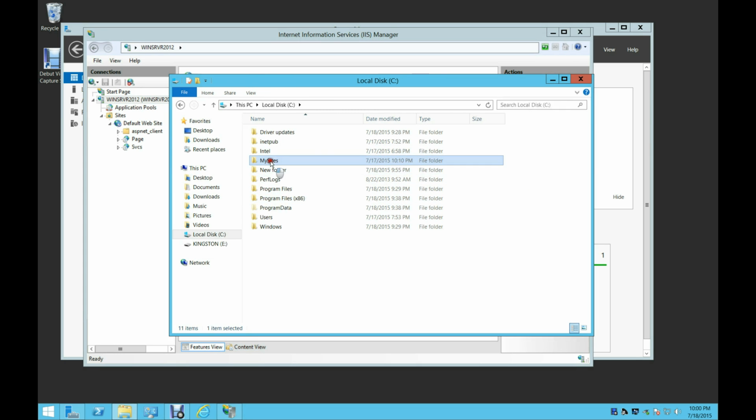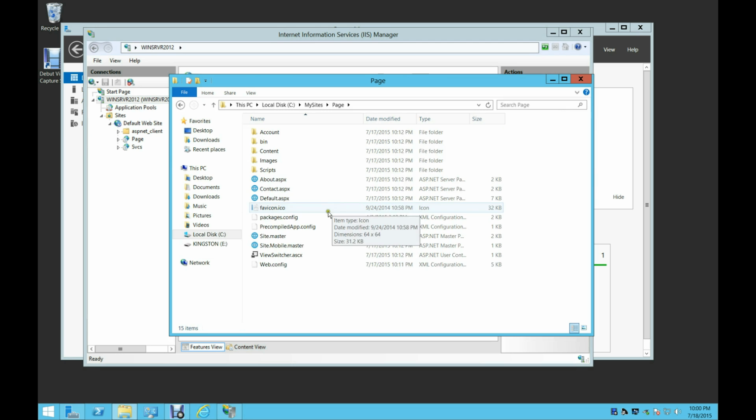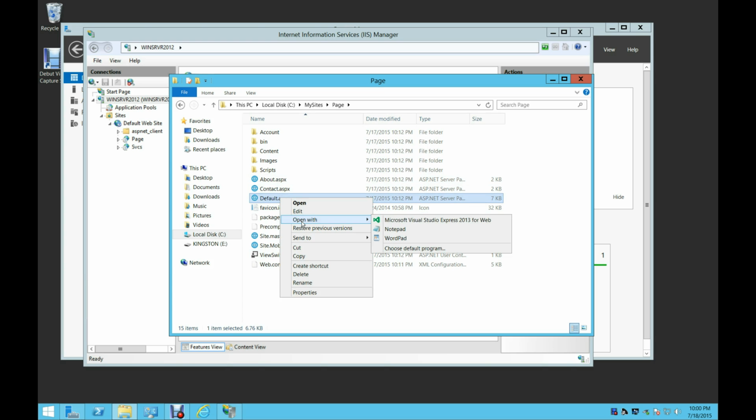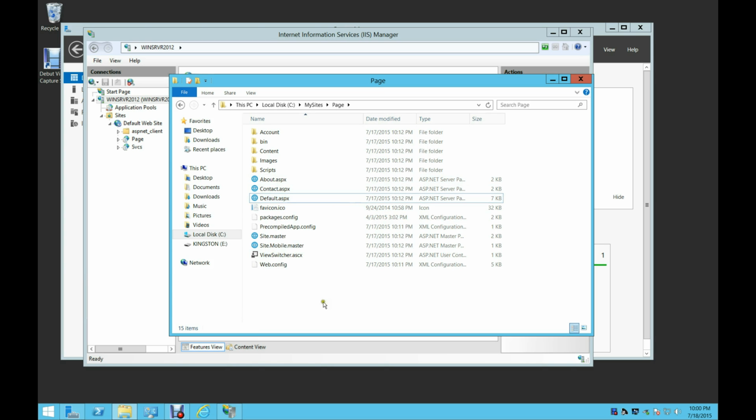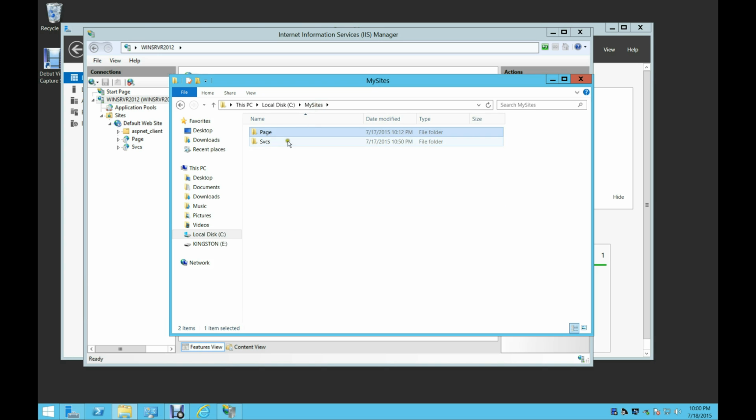So here's My Sites again, and page. And so this is actually the web page, the ASP.NET web page. You'll see the extension ASPX. I don't know if it'll open from here. No, it won't. So anyways, this is the web page, and you'll see in a minute we'll open that up. And then here's the services, and this is actually the service, this XML file modification service, and this